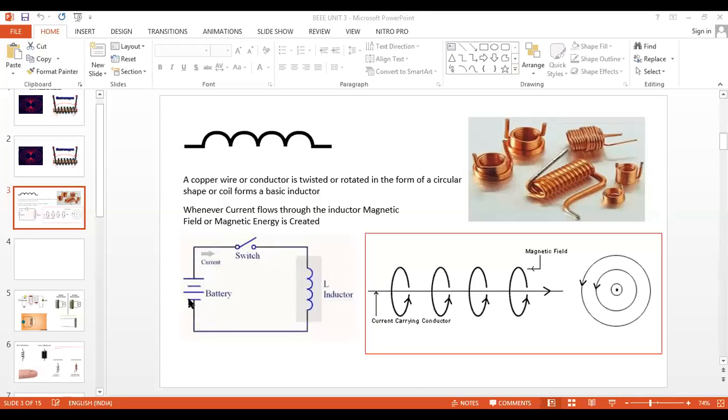When the battery is on, current flows through the wires, and current flows through this particular copper wire rotated in the form of circular shape, and huge magnetic energy is created. With the creation of magnetic energy, I can develop robots, fans, induction stoves. Why the name induction? Induction means the copper wire is rotated in the form of a circular shape. So whenever copper wire is rotated in the form of circular shape,